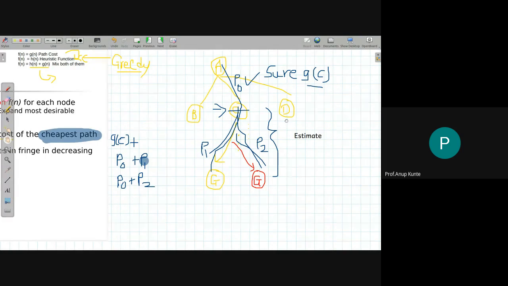Whereas the optimality criteria and the other criteria was what, the completeness. This algorithm will also definitely be complete, because if the goal node is there, you will have the heuristic for reaching the goal node from every node, and you will get the solution. So getting the solution is not a problem. So completeness is not a problem, but optimality is surely a problem, because you are doing estimations in choosing the right node out of the fringe list. Hence, you may land in a suboptimal solution at the end of the day, and that's the issue.